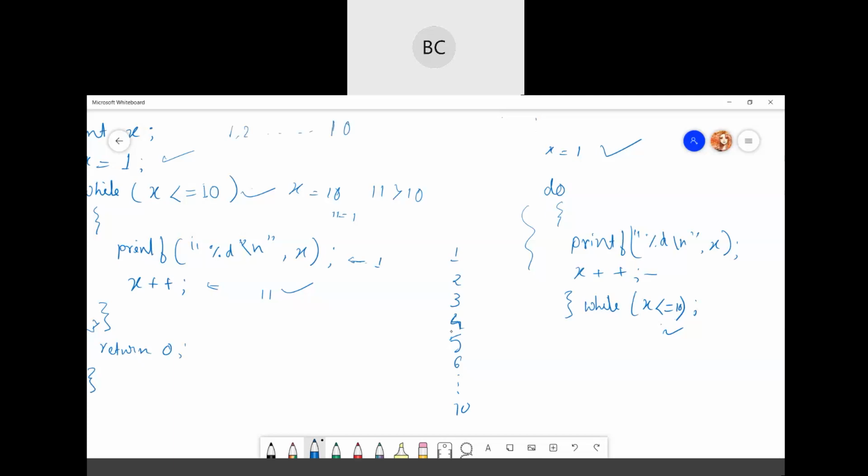Now suppose I initialize the value x equal to 10. Then here it will be 10, 9, 8, and so on up to 1. So your condition will be